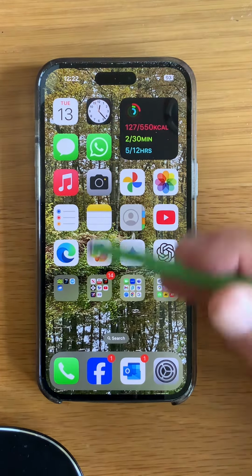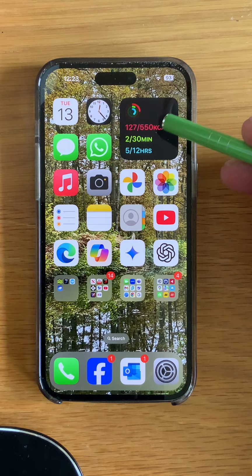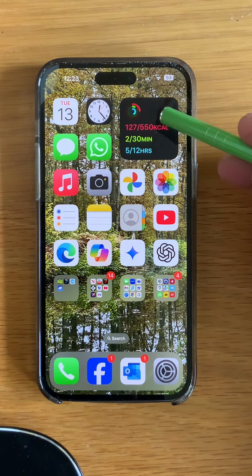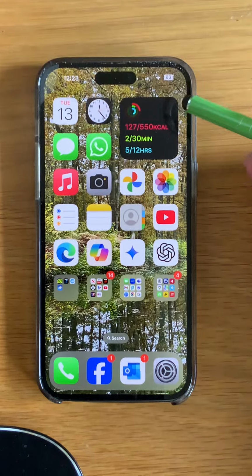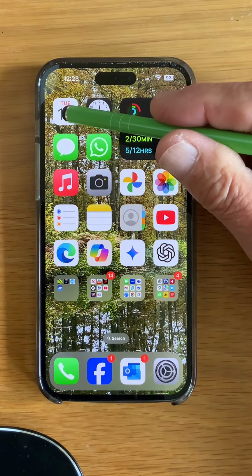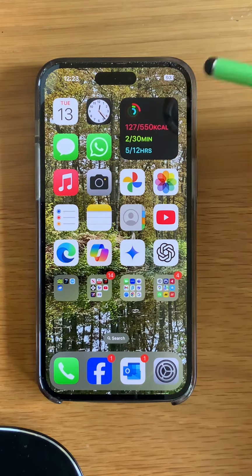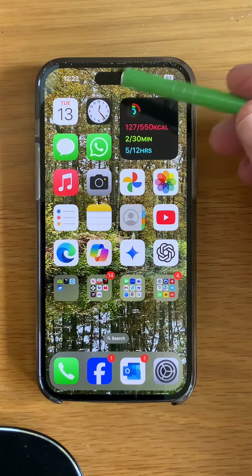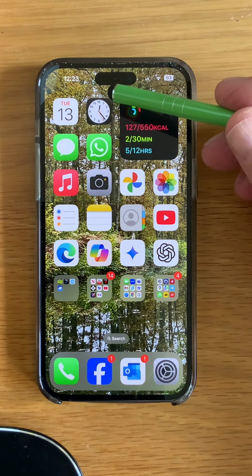So if you have a look at my setup there, I have put a widget over there. That's the widget that is for my Apple Fitness app. And it's saying that I haven't done an awful lot of stuff today. Okay, I'm going off to play pickleball shortly, so I will correct that. I also put the calendar and the clock. So calendar, I can actually look at my appointments, and the clock is, obviously to tell the time, but more